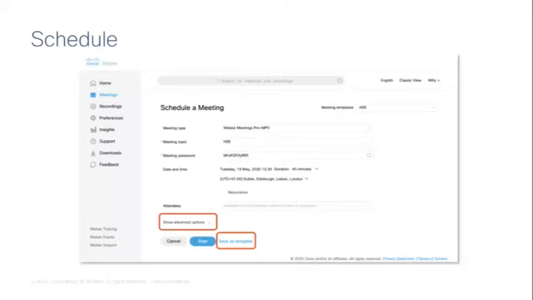If you leave it blank, I'll show you another way to invite your attendees in a moment, and that would be via email. So you'll have your recent contacts or your address book available in your email tool. You don't have to worry about typing out everyone's email address in this field here. So leave that blank, that's absolutely fine. But definitely in the first few times, take a look at the advanced options.